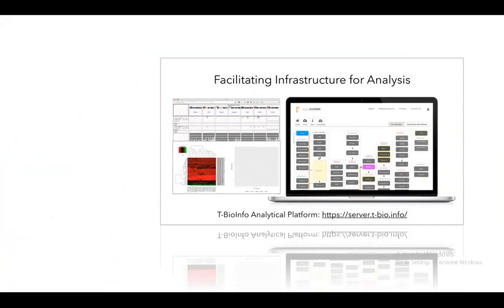And then we went through our T-Bioinfo analytical platform, where we observed how we can analyze big data in the simplest manner.